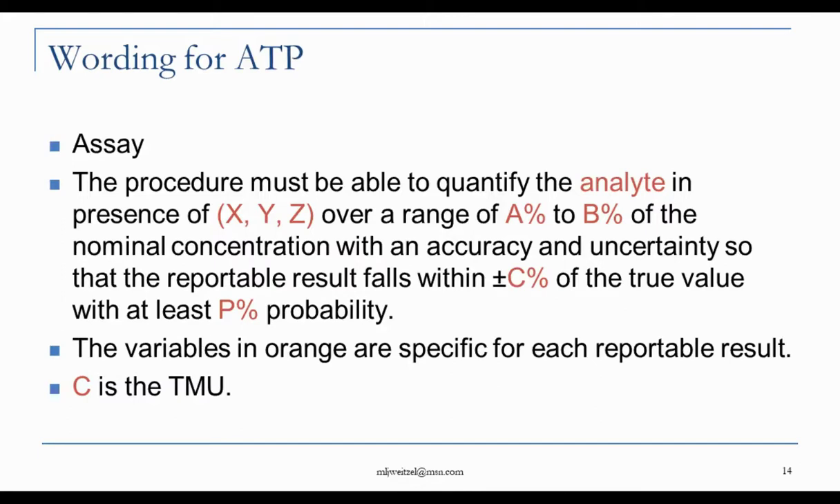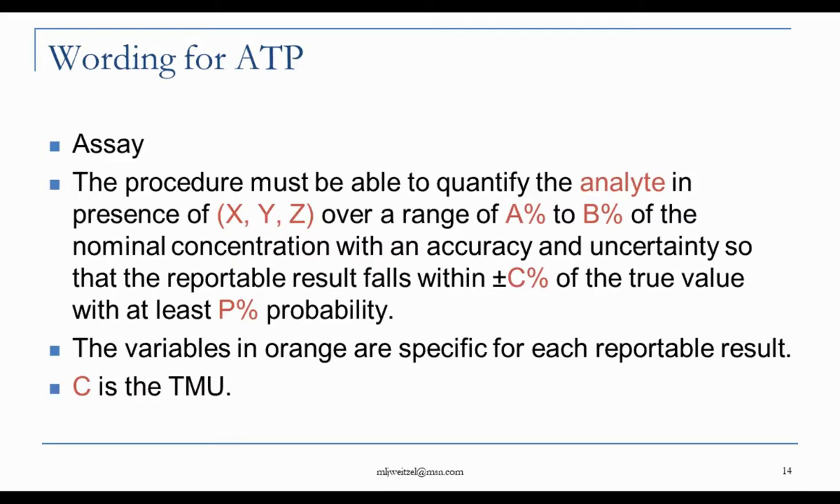How is the ATP worded? I find this is useful. So for an assay, and we're going to give an example of an assay. The procedure, that's the analytical procedure, your test method, must be able to quantify the analytes in presence of whatever that matrix is over a range of A to B%, and you define that, of the nominal concentration with an accuracy and uncertainty so that the reportable result falls within plus or minus C% of that true value with